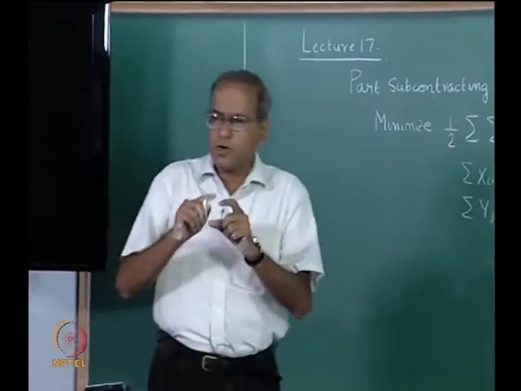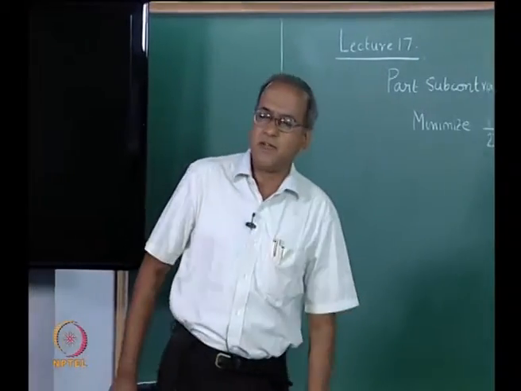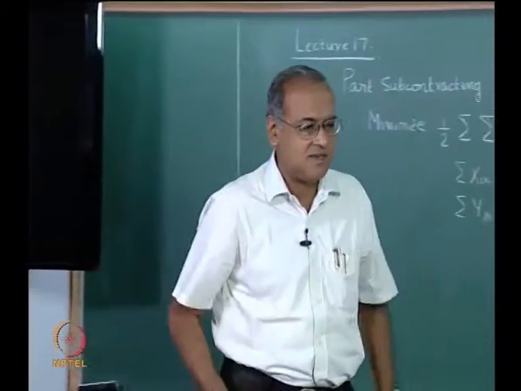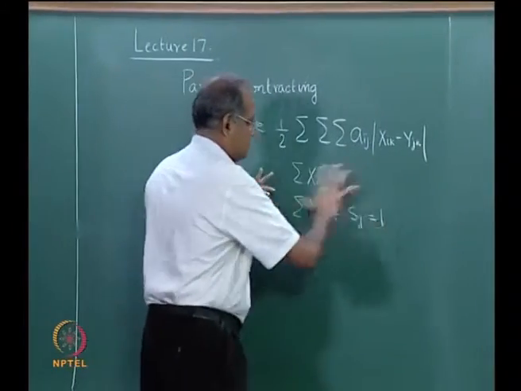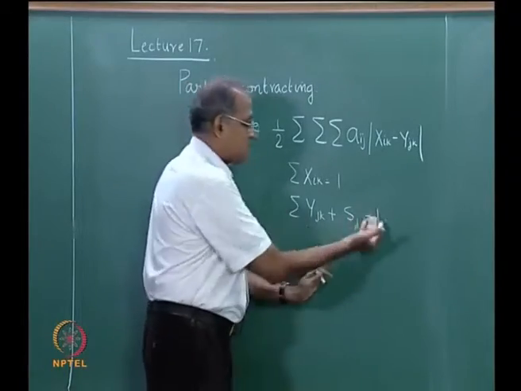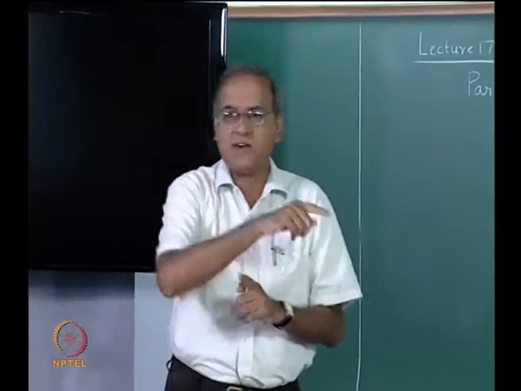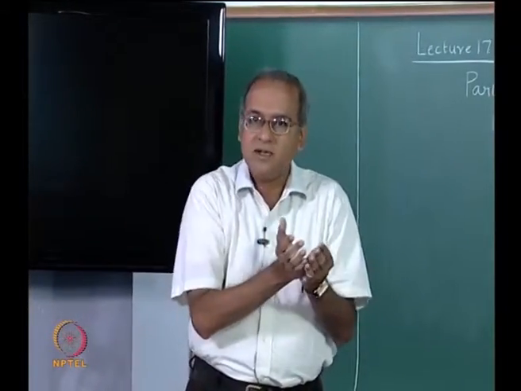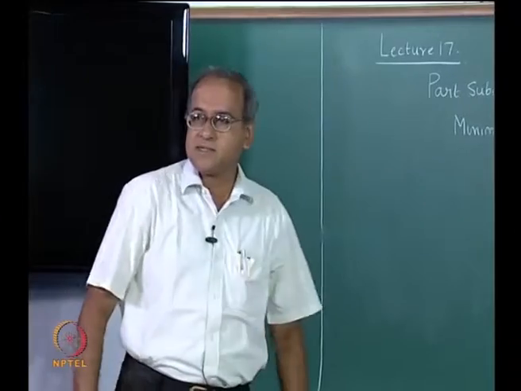Now, we should look at some other possibilities that can happen. Now, because of this subcontracting, can we get into a situation where all parts are subcontracted in the solution? We have to ensure that that does not happen. For example, can we have a situation where all 8 parts are subcontracted, because this allows every part to be either put into the cell or to be subcontracted. We have not explicitly added a cost of subcontracting into the objective function. If we did that, then it will not take all of them towards subcontracting. So, now we have to check whether such a possibility exists.